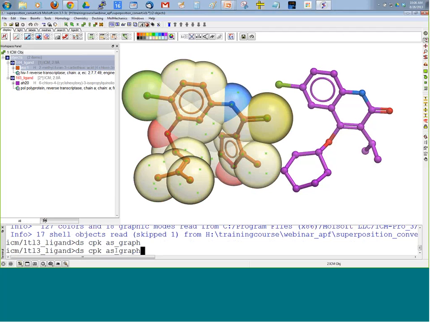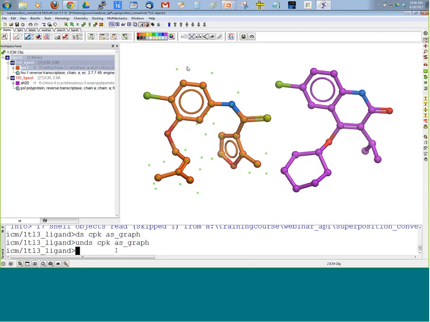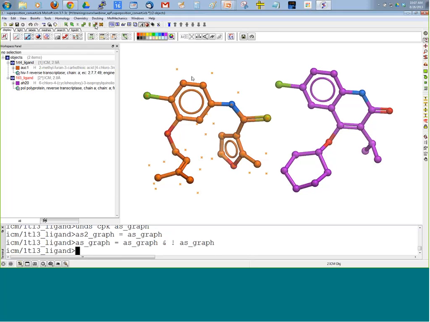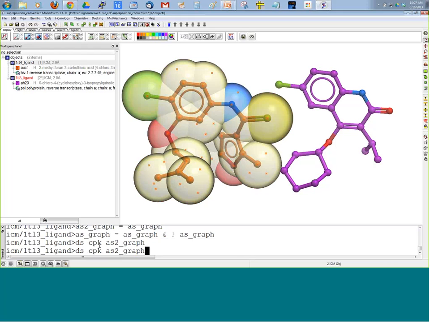But the new orange selections give you a bit more flexibility, and enable you to make more than one selection in one go. So we will convert this green selection to an orange selection by clicking on this button here. And you can see that the green crosses are now orange. And the variable for this selection is AS2_graph. So if you want to display in CPK, we'd say AS2_graph, like that. So we have one selection,